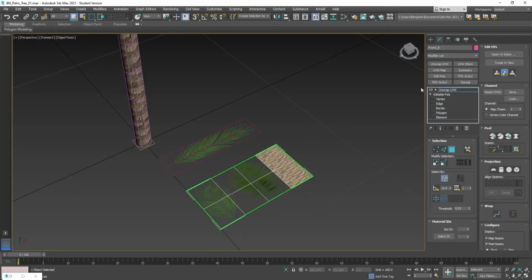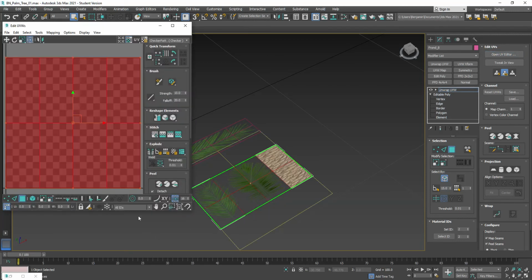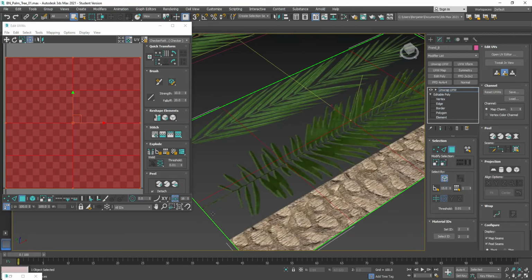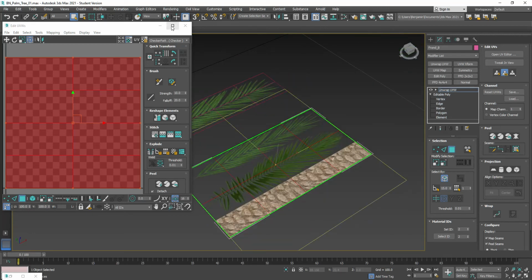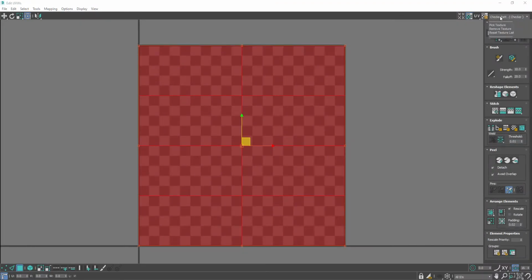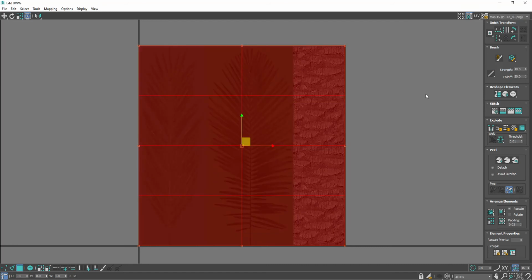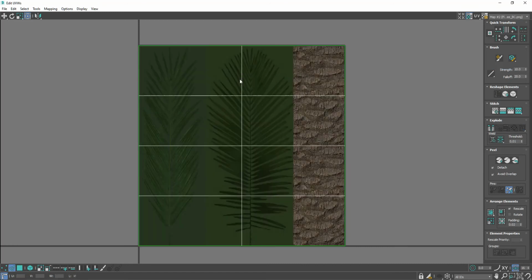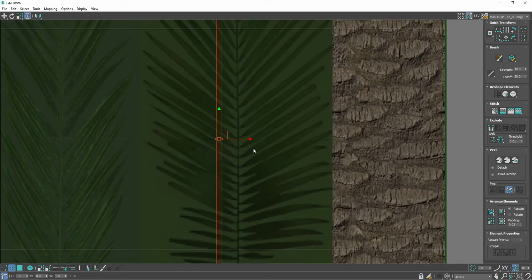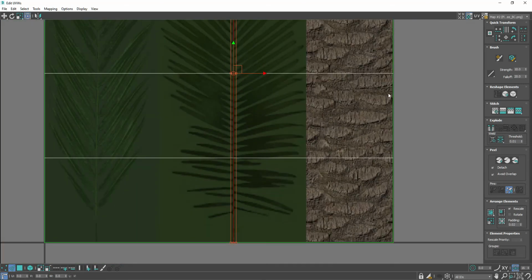One more time, Unwrap UVW, open the UV editor, and now we should be able to take this whole thing and rotate it. There we go. We got the stem down at the bottom, and we'll do the same thing here where we're going to view our texture. I'm just going to grab this edge and move it over, make sure that lines up right in the center,